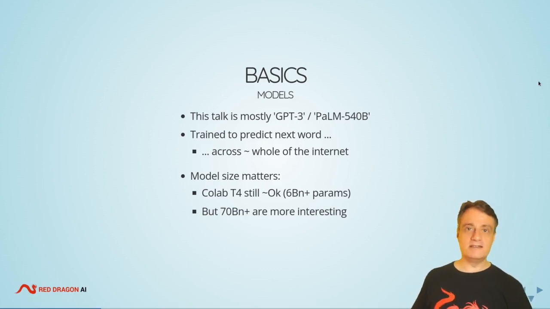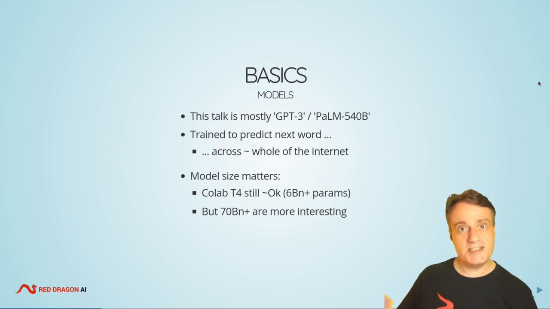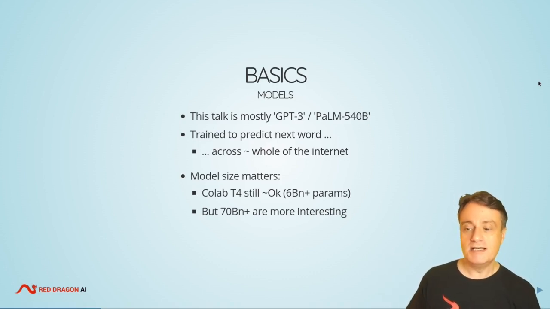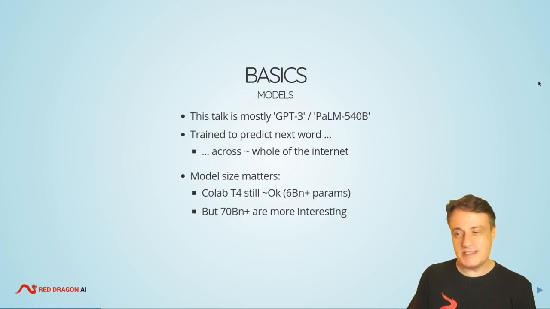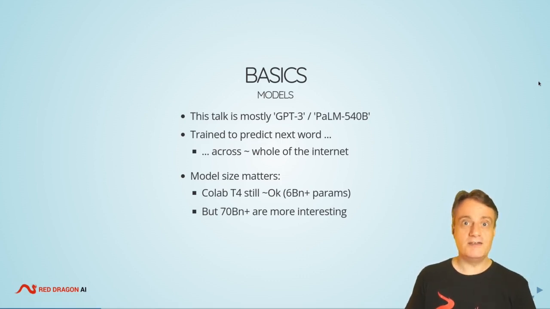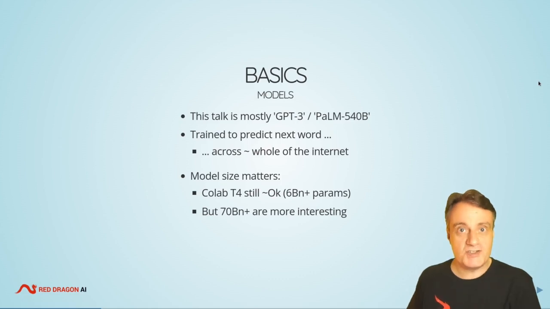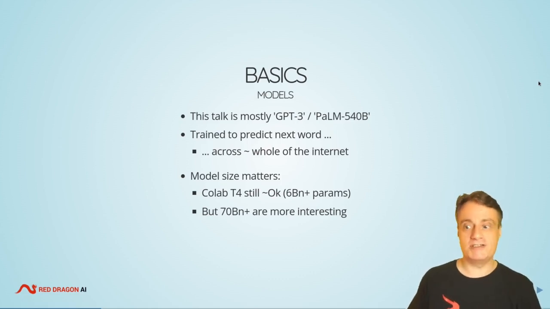Now what we find is that we get the really interesting effects kind of kick in once we get to several billion parameters. Clearly the really good results come with the super large models. And what we find is that with Google's Colab, which would give you a T4 NVIDIA chip for free, you can already get up to like 6 billion parameters. And at that point, it's starting to get really interesting results. But as you go over 70 billion, which requires essentially special hardware, then things get really interesting.